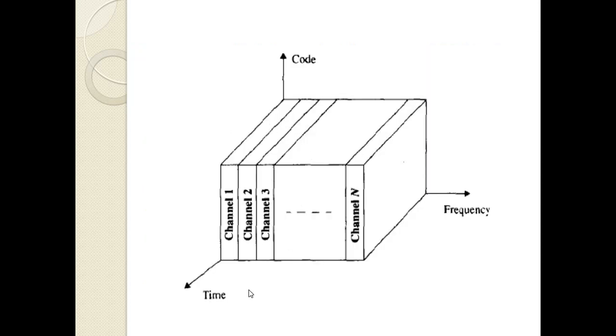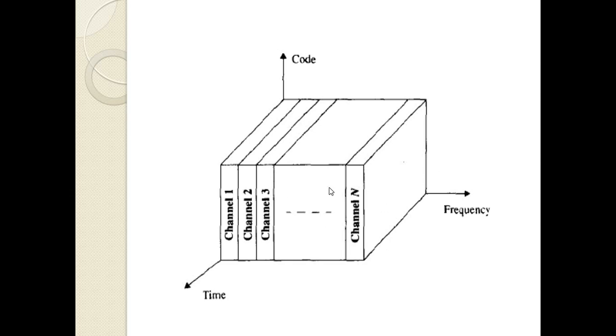So once you look at the diagram, here we have the frequency on the x-axis, then code on the y-axis, and here it is time. So the main thing is, here we are having a set of radio spectrum, which has been divided into a number of channels to allot to the customers. Between channel 1 and channel 2 there will be a guard band. The guard band will be fixed in order to minimize or avoid interference. So for that purpose only we will be providing this.